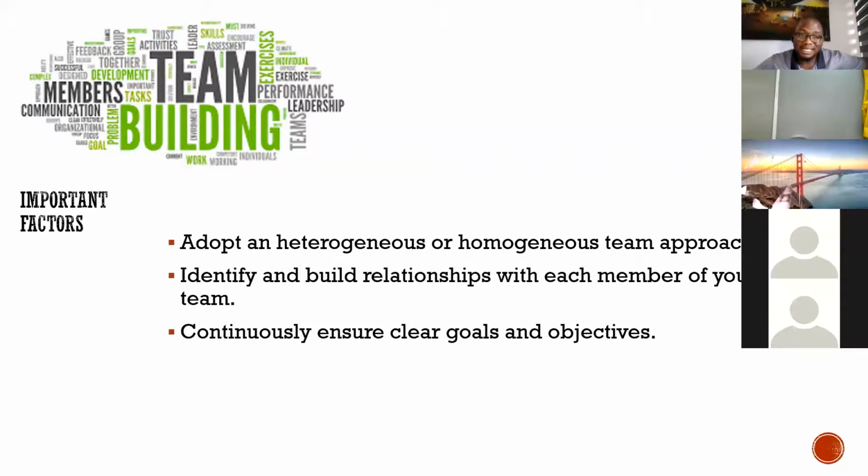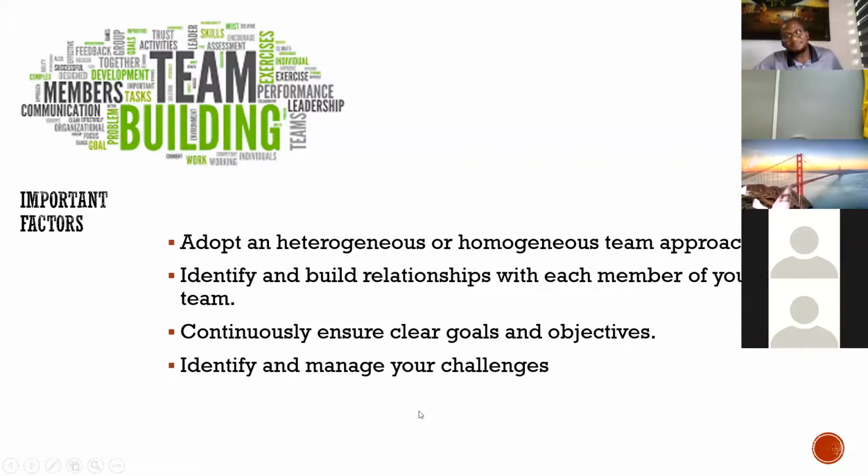So one link that is weak can affect the performance of a team. Or one link that is ignored. So you must take care of that. Then identify and manage challenges. Of course, there will be issues in the team, either